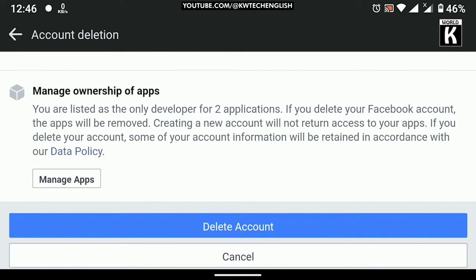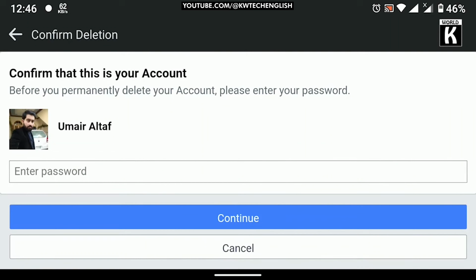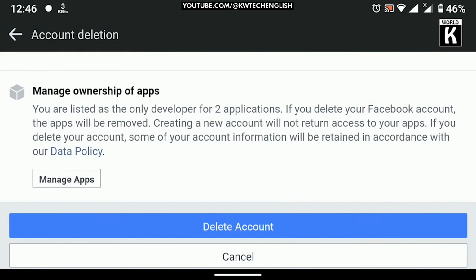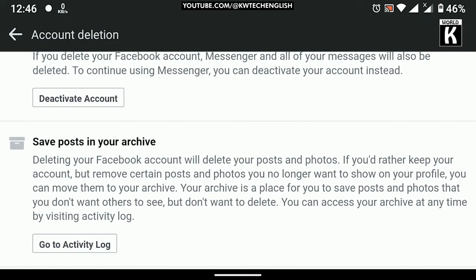After that you need to click on Delete account, then provide the password of your account and click on Continue, and when you click on Continue your account will be deleted. So be cautious about it and think about it before doing this,